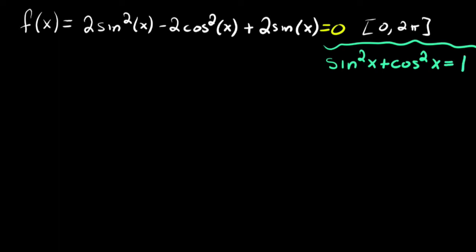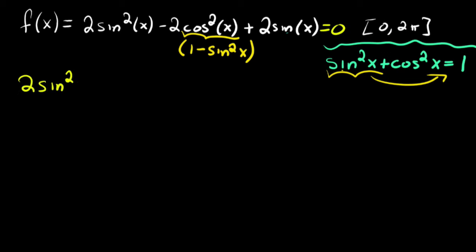Now, notice that here you have sine squared, cosine squared, and then you have a sine. So what you can do is use the Pythagorean identity to turn either sine squared or cosine squared into the other one. But since you have 2 terms with sine in them and only one has cosine, the smartest thing to do is to use cosine squared equals 1 minus sine squared. Then that way you make everything into a sine. So if you do that, then you get 2 sine squared minus 2 times 1 minus sine squared. If you distribute that, you would get minus 2 plus 2 sine squared